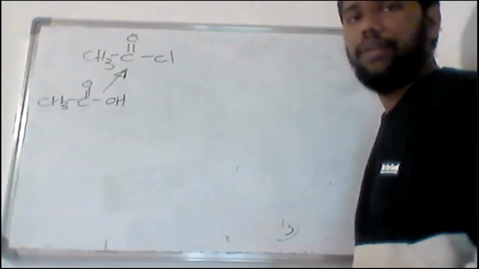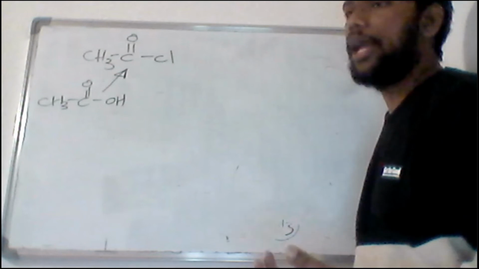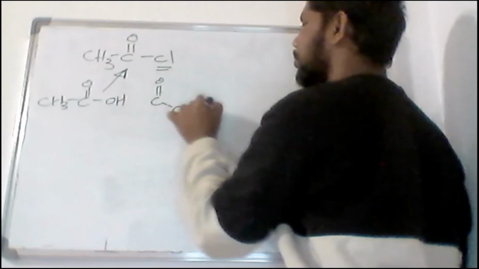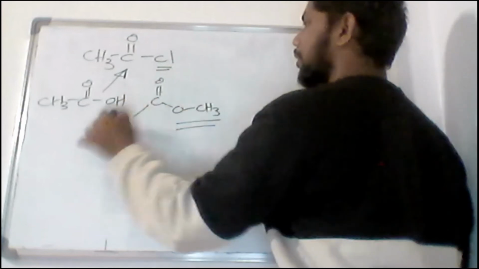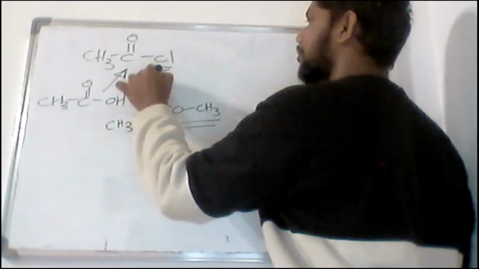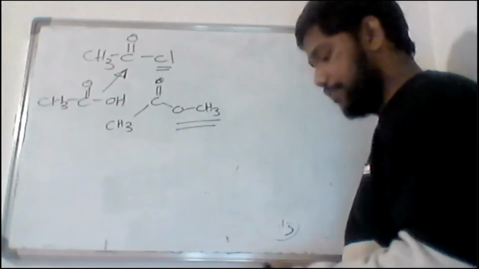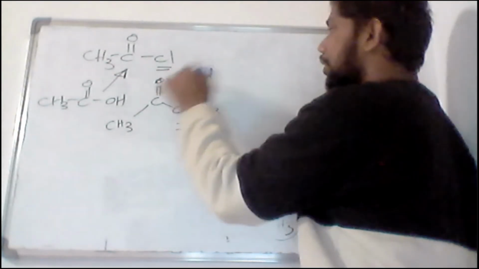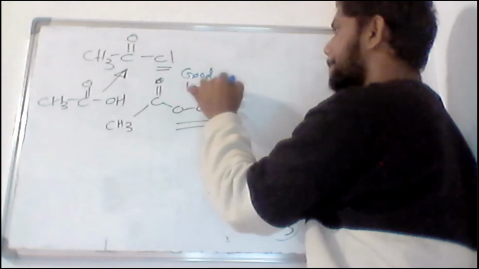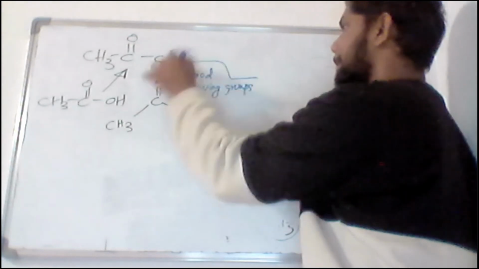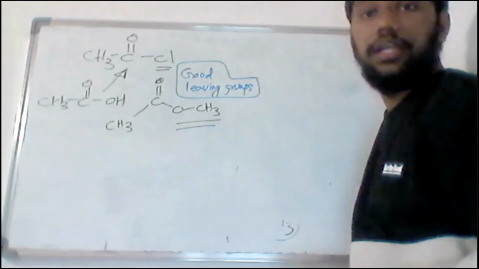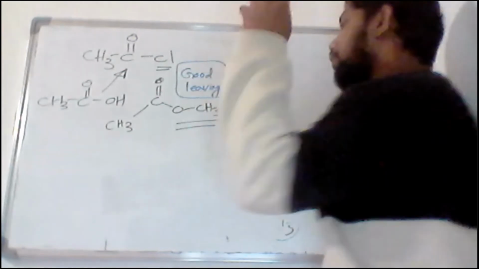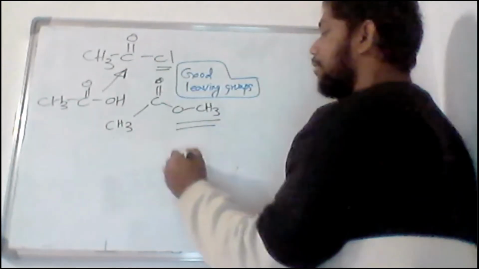If you remember, earlier I told you when you have these chlorines or these ester groups attached to this type of carbonyl, these are good leaving groups. That is why when you have an acyl chloride or an ester, when you have a Grignard like this,